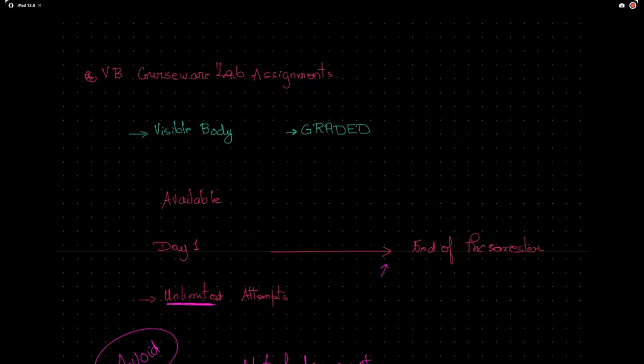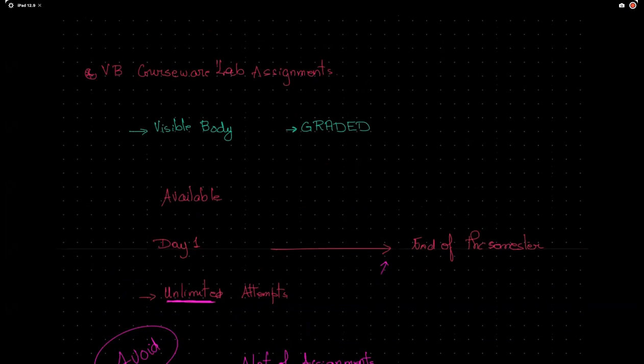How do I check my visible body grade? I completed the assignment and it's not popping up on Canvas. It will not pop up automatically on Canvas. At the end of the semester, I will be manually calculating the grade and transferring it to Canvas. So it's not going to be integrated with Canvas, where once you complete the assignment, the grade pops up in your Canvas